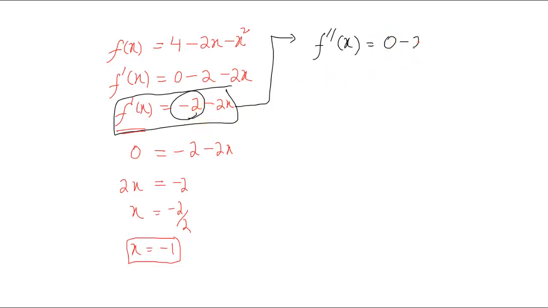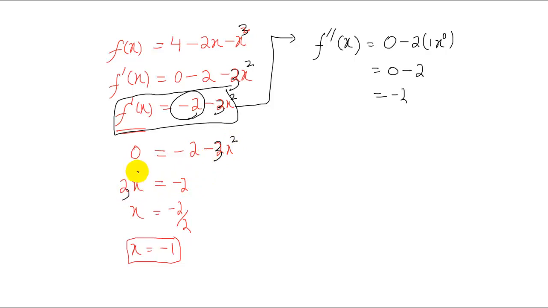Sir, was it x power cube or square in the question? And this will be 0 minus 2. So it is minus 2. Sorry, this was x cube here. So let me take x cube. So it will become 3x square. So it is minus 2, and it will be 3x square.